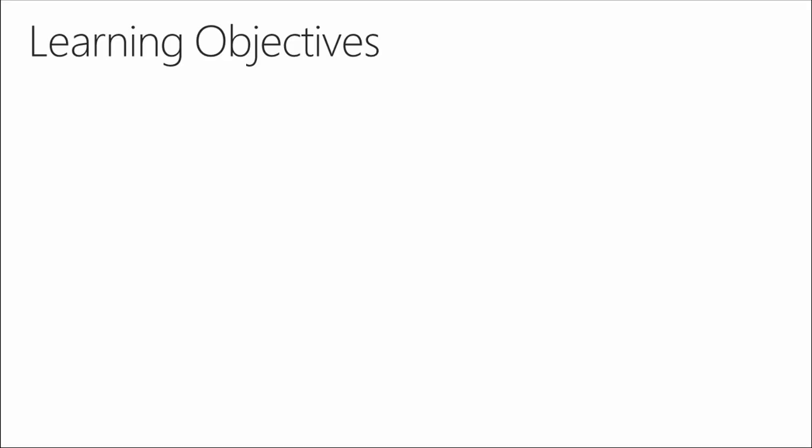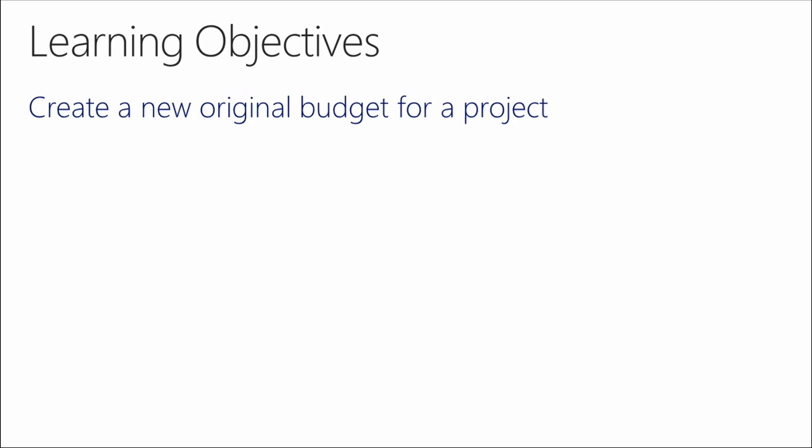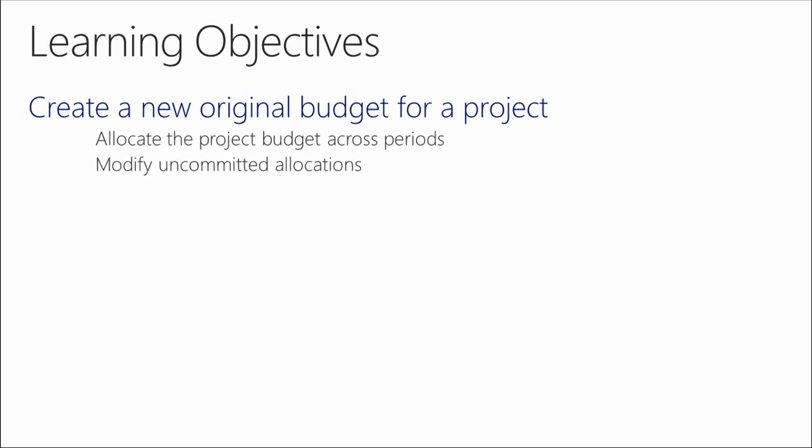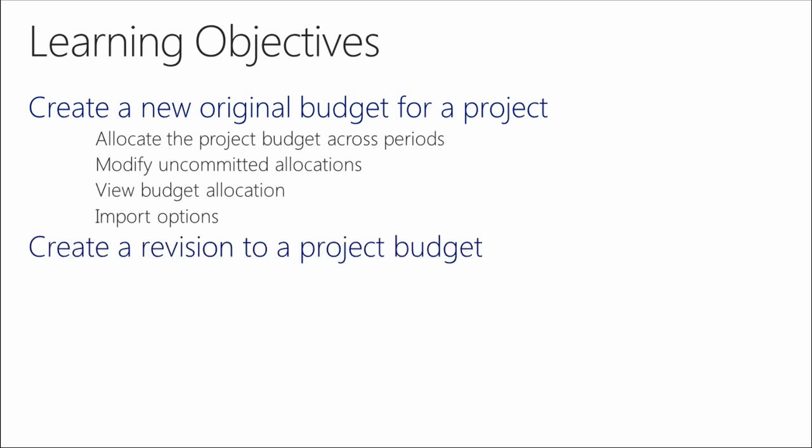Let us now focus on project budgeting and look at the learning objectives for the same. We will look at creating a new original budget for a project. We will allocate the project budget across periods, modify any uncommitted allocations, view the budget allocations, and some of the import options. We will then go ahead and see how to create a revision to a project budget and how